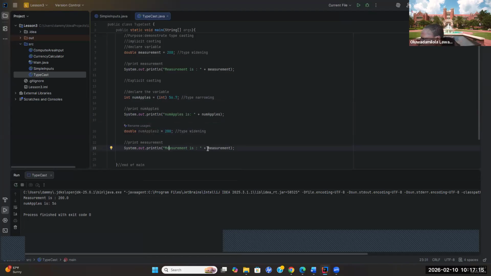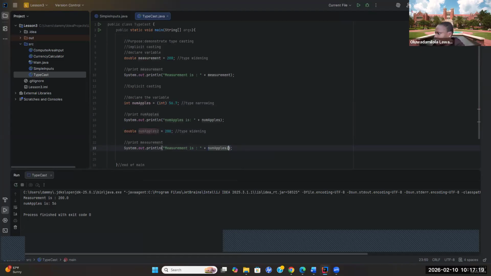And here, I'm just going to say numApples2, and I have it here as 56. So if we run it,